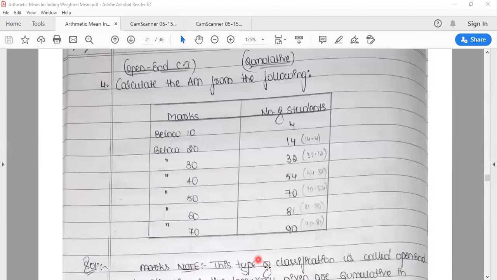Yes, coming to open end class intervals, very important. You will have one problem with open end class intervals. In at least 4 out of 5 exams you will have one problem of open end class intervals, either in 6 marks or in 14 marks, or sometimes in both the mains. You can expect open end class intervals for arithmetic mean, median, mode, and other further chapters also. Even in dispersion and skewness you can expect these questions. Fine. So let us revise the arithmetic mean here.